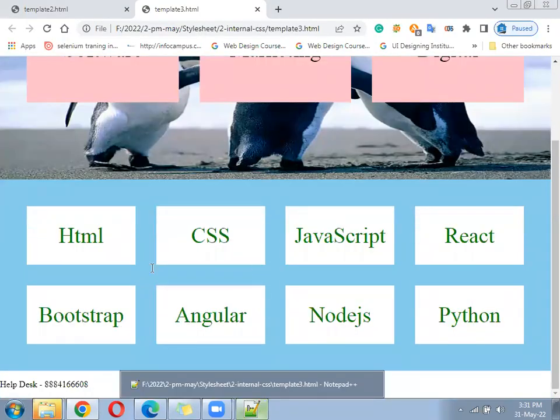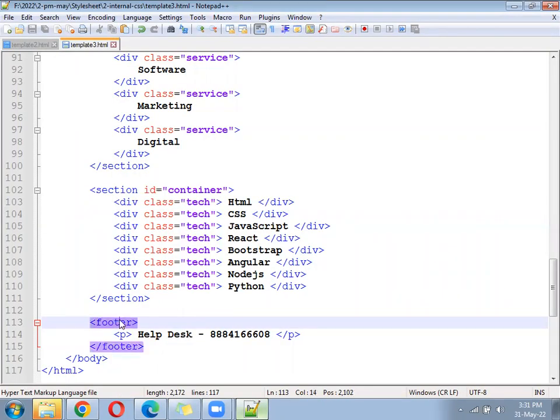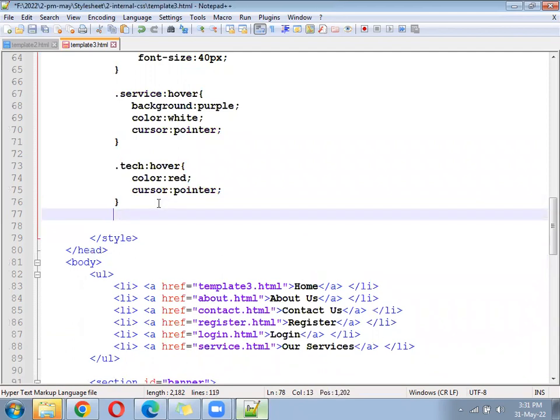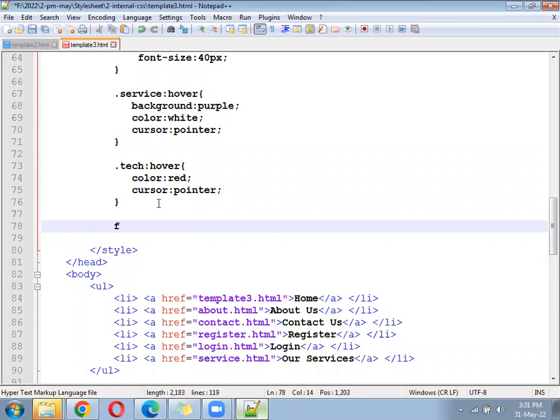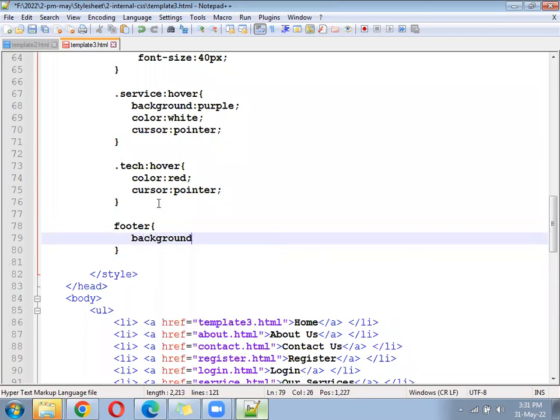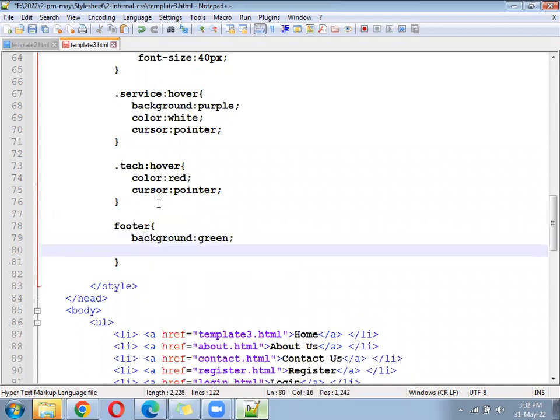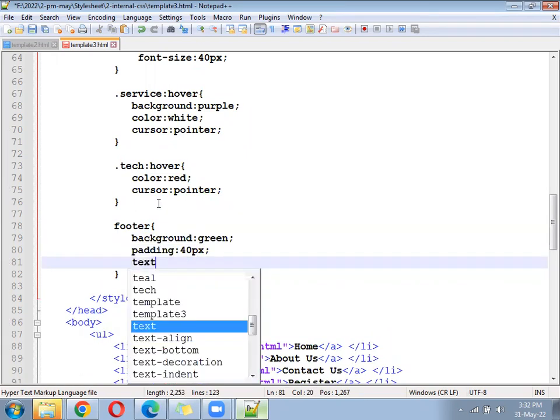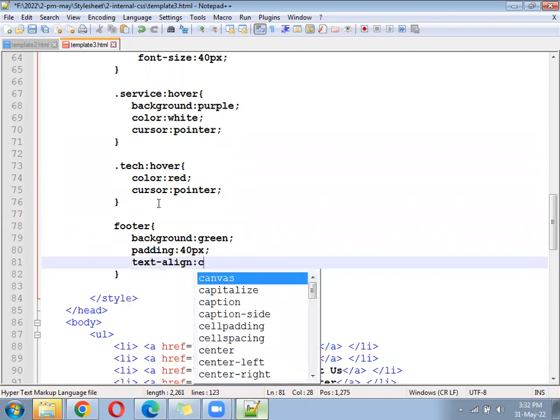Footer, anything? You can add the footer tag directly. For the footer tag you can add background green, padding 30 pixel or 40 pixel, text align center.